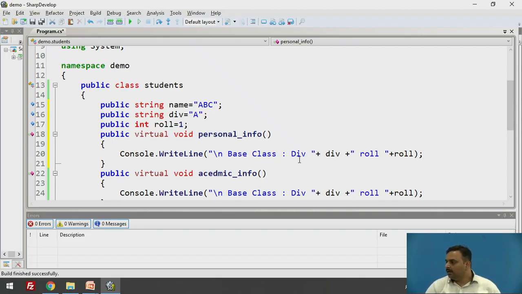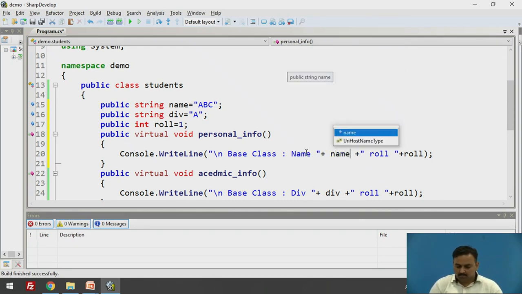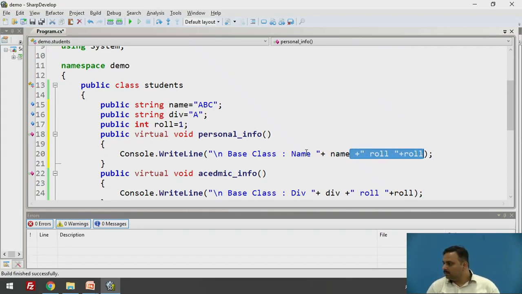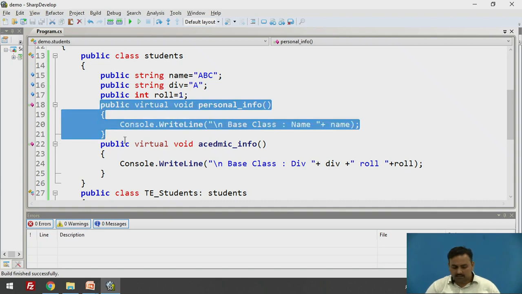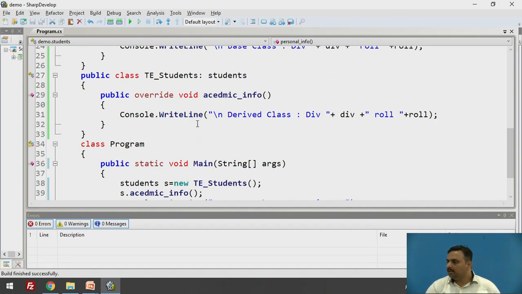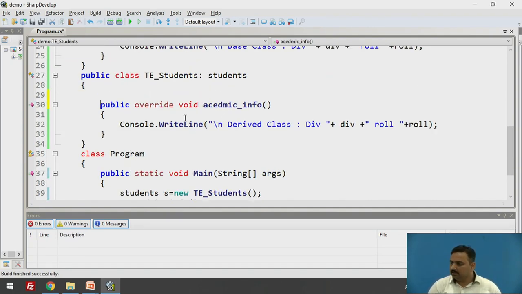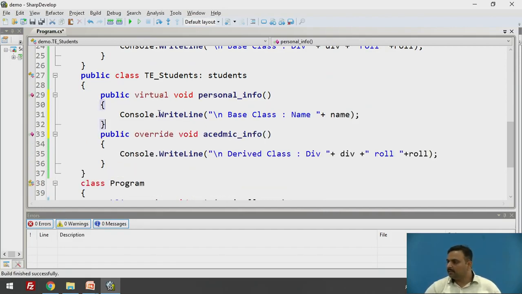Okay, and here instead of this division, obviously we are calling it name, so this will give you the personal information, isn't it? So it should be written in the derived class also. Okay, then obviously we have to write it here.